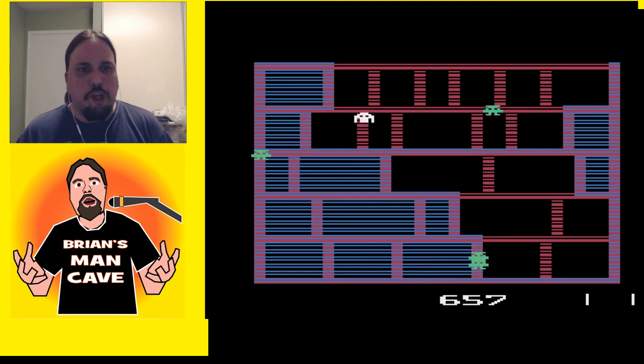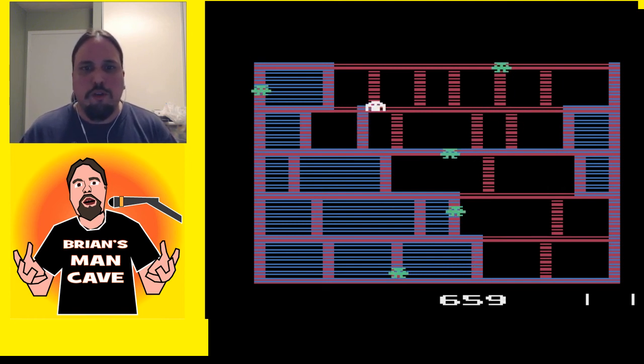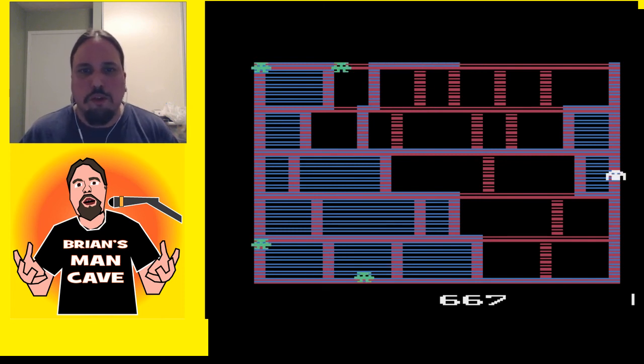Push the button to save yourself when they get close. What does that do, I wonder? Still got eaten. I guess you become invincible or invisible or something, and then...